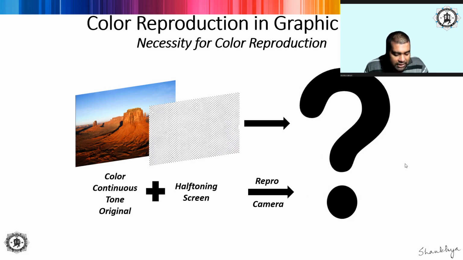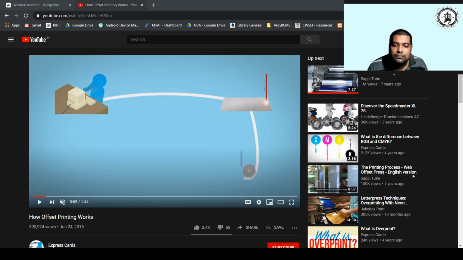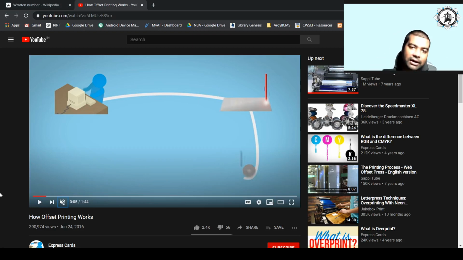So what I will do is I will just show you a small video from various sources where multicolor printing is actually done. So as I was saying, here I will show you the very fundamental method using which multicolor offset printing is done, so that you get a fair bit of idea. You can check this out.